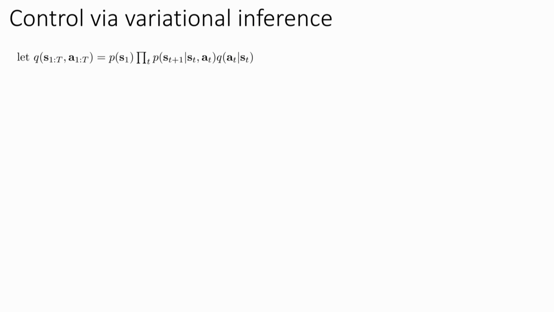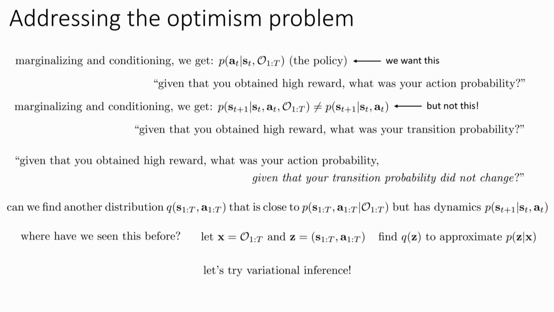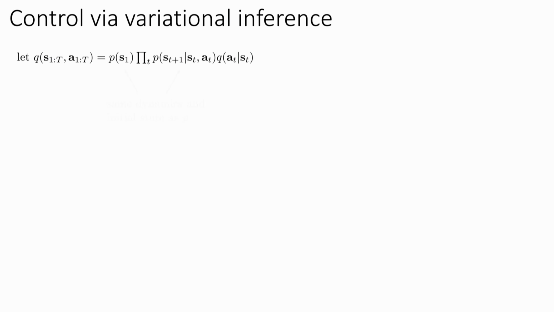But it will have this additional edge, q of a given s. The initial state and the transition probabilities will be chosen to be exactly the same as they are in P. That's basically encoding our assumption that the transition probability did not change. The transition probability did not change means use the same transition probabilities that were in the original MDP and the same initial state distributions. So the only new thing in the Q is the action distribution, A given S. And that's going to